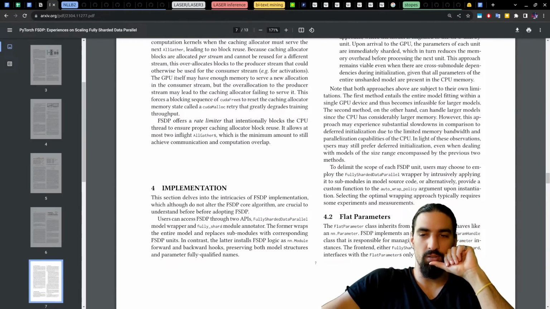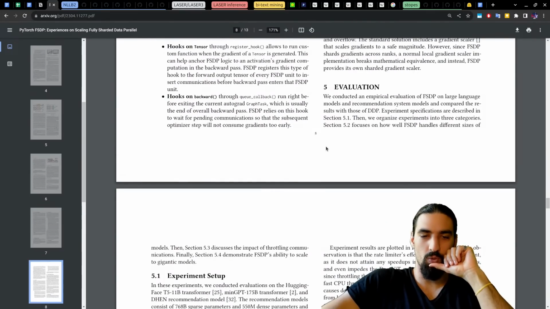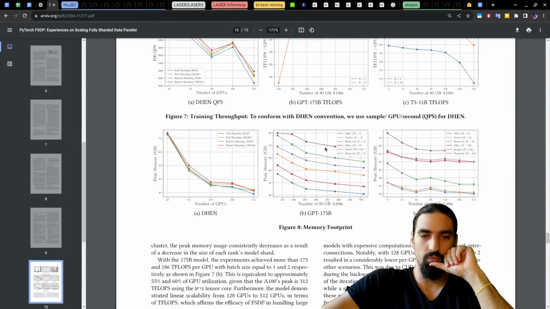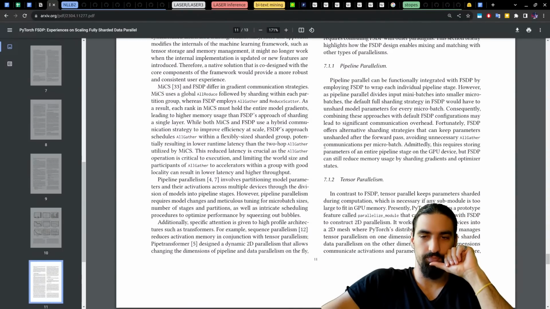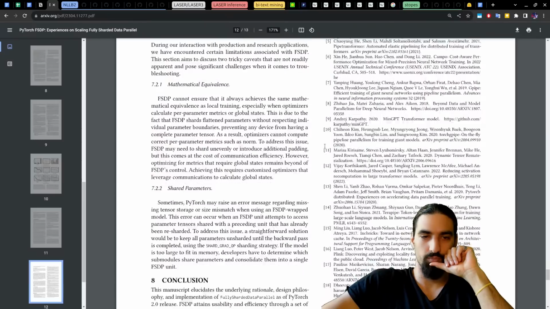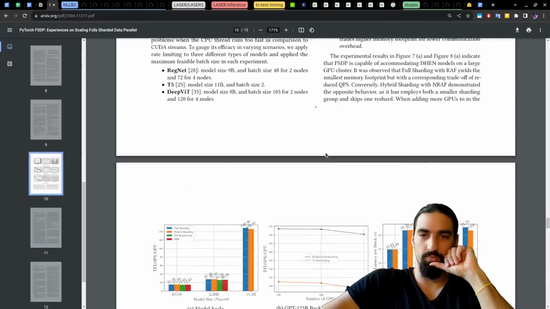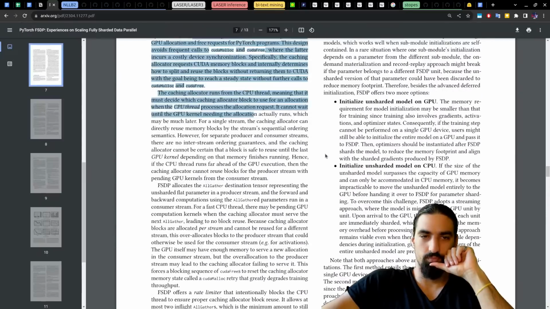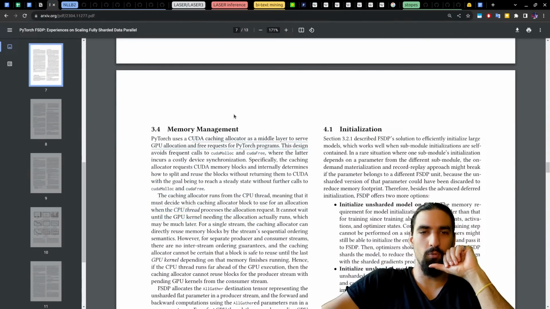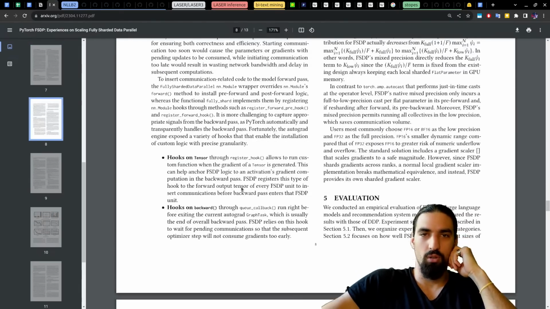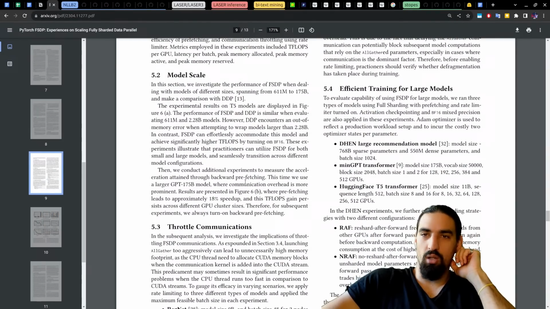Memory management, runtime, limitations. Okay, before we get here, let's go to an easier part of the paper.